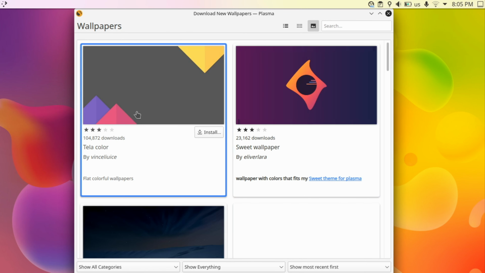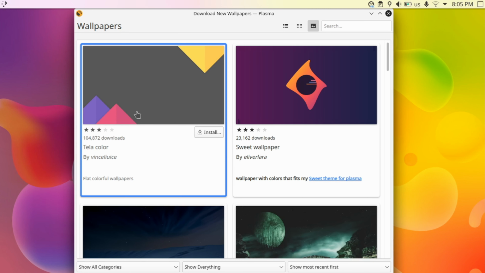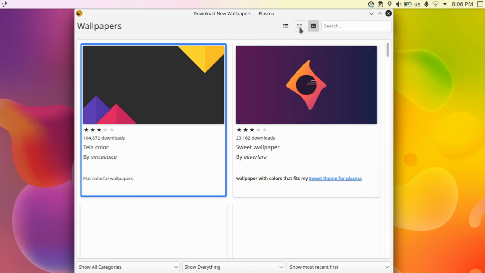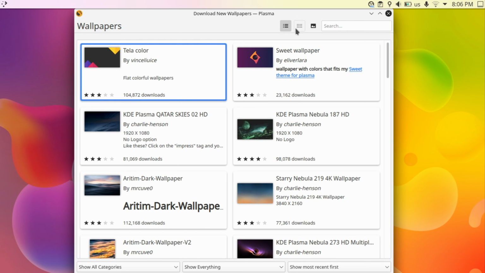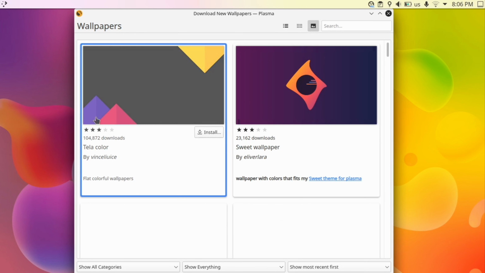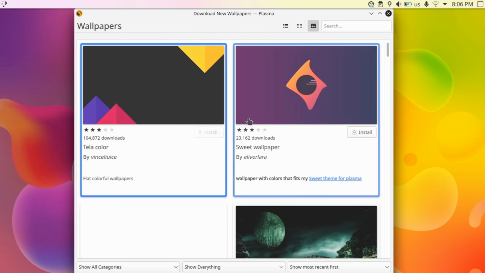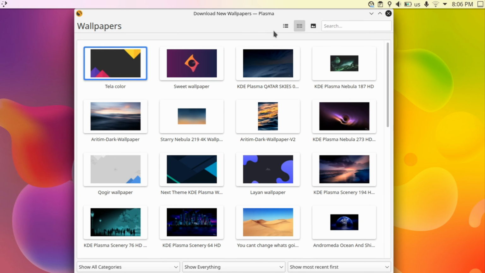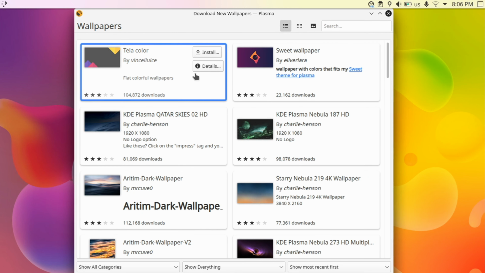I don't know what it's called. I'm just going to call it the plugin manager because you can download whether it's new wallpapers or Plasma themes or icons, whatever. So it has an overhaul of the previous version. I mean, it looks certainly different. You have this version that focuses on the preview. It gives you a big, nice preview of whether it's a wallpaper or theme, and then you have one that's more compact, more condensed, that just has a small preview with just the name, and then the other one that has more of a focus on the